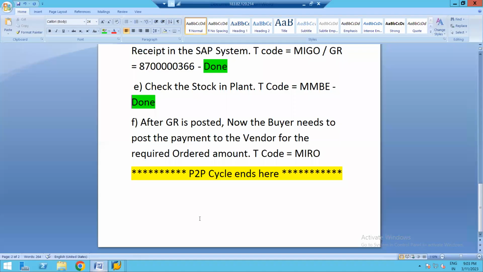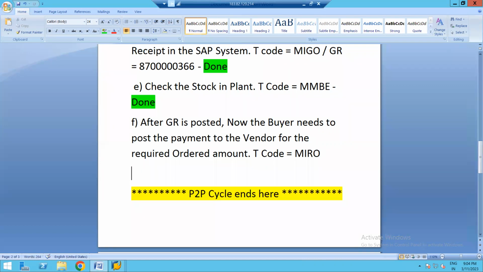Okay, friends. So this was all about the procure to pay cycle. It is very, very important from the interview perspective as well. So very important that first of all, let me just write the flow in the end as a summary. So the flow is: check the stock in MMBE, then purchase requisition, then PO, then GR, and then MIRO, right? That is the payment. So this is the summary. So in a nutshell,